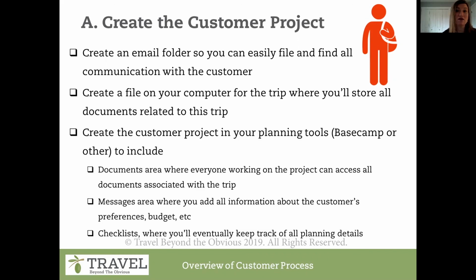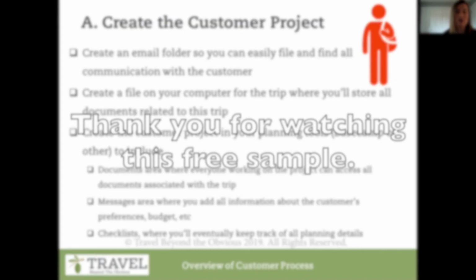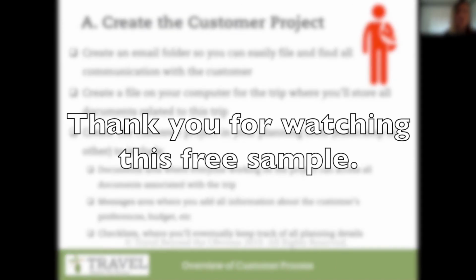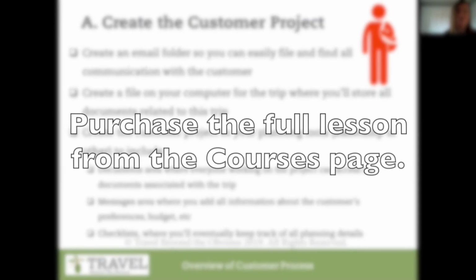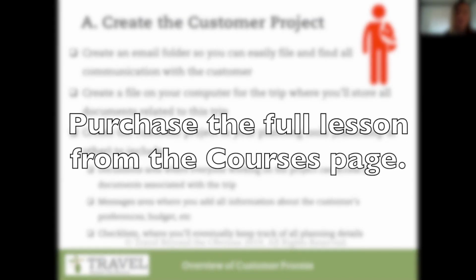Then you're going to create the customer project in whatever planning tool you're using. That might be Basecamp, that might be a checklist in a Word document, but you're going to create that project. And if you have multiple people working on the project, then it has to be in an area where everybody can access that project, that checklist, or that